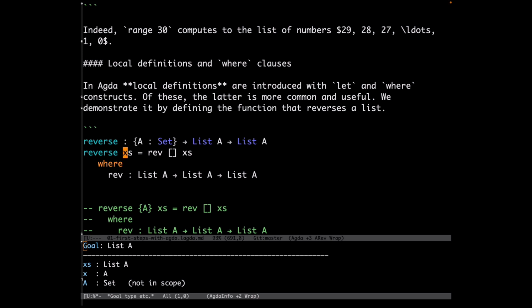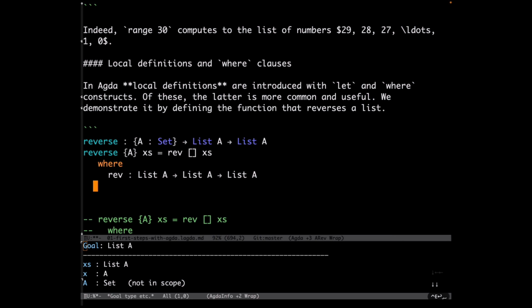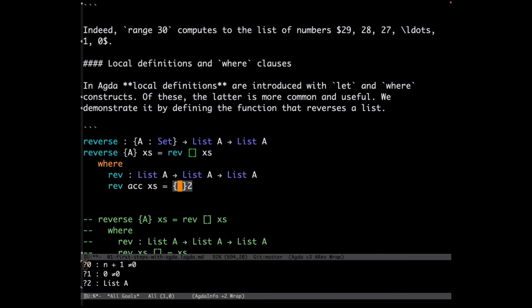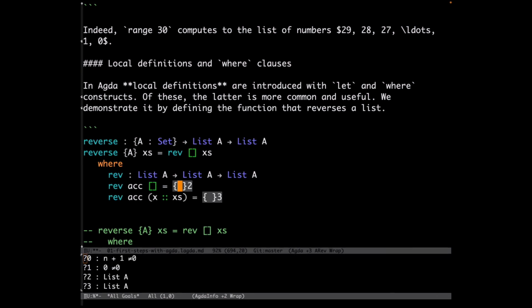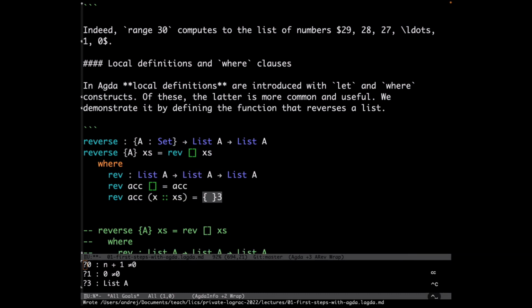And the way that we do this, if you have seen this exercise, oh, by the way, because I have a here, now I need to mention a. So I put a here so that it is visible, like this. It's an implicit argument, but for the definition I need it. Okay, so it has a partial result, which is sometimes called the accumulator, and then it has a list of things, the xs. And now I say, okay, how do I do this? I split cases. If I already processed all the elements, then the accumulator holds the answer. So I return the accumulator. Otherwise, if I have a list, what do I do? I will call recursively on the rest